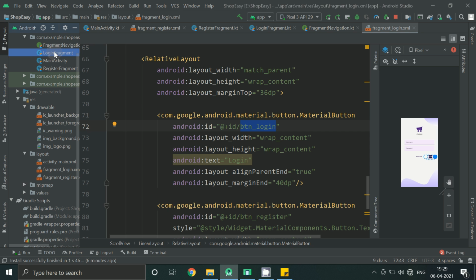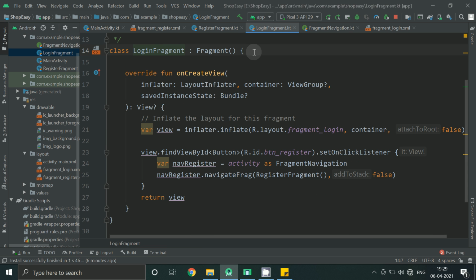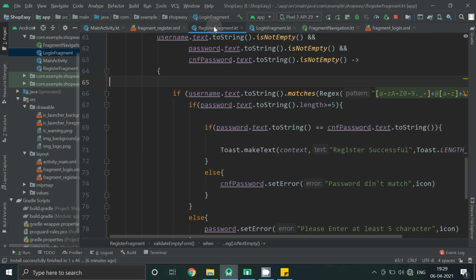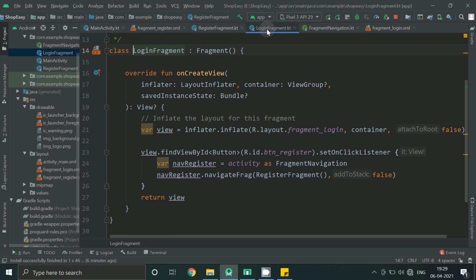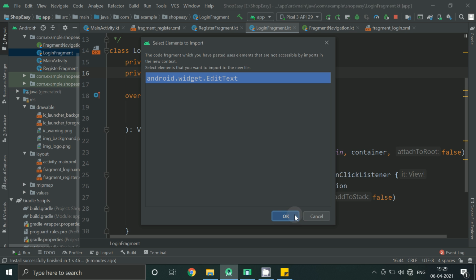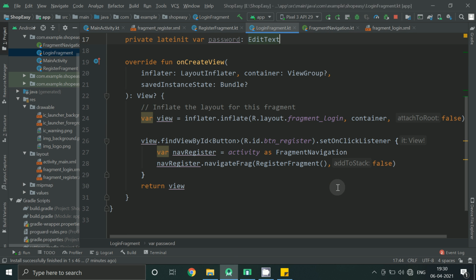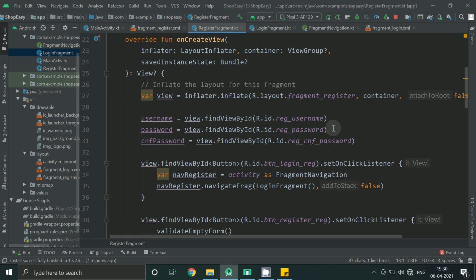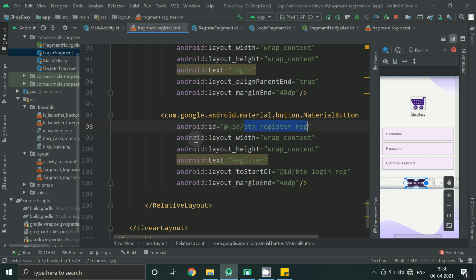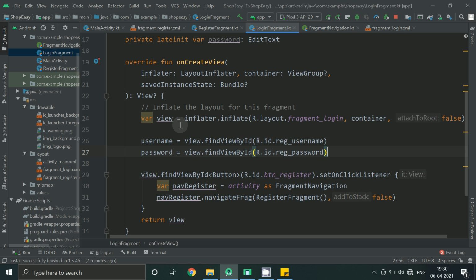Now let's go to login fragment. Make sure to change this ID here.